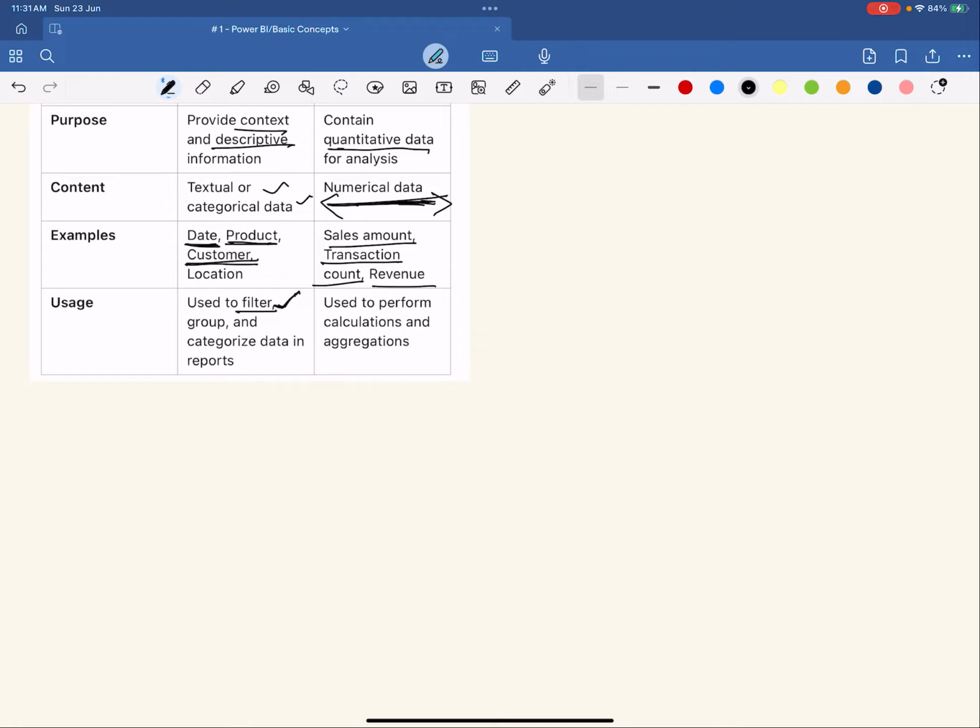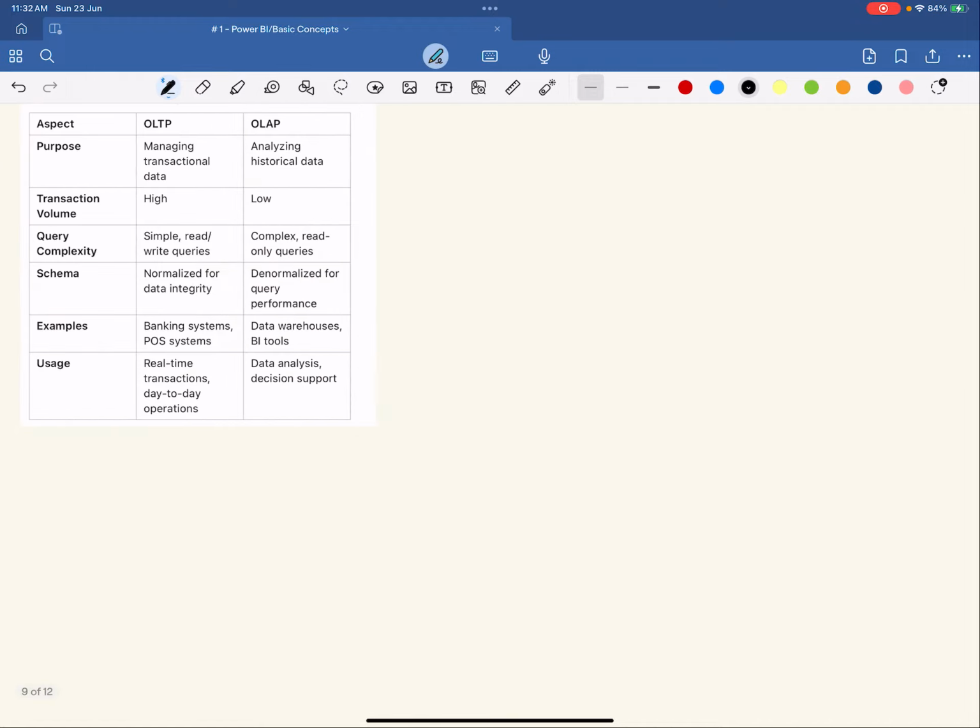And the fact table is used to perform the calculations. If you want to know how much quantity you have sold, where do you get that information? In the fact table. You do all the aggregations on the fact table. That's a quick look at dimensions versus facts. I think you got at least some idea of what a dimension table is and what a fact table is. Now let's move to